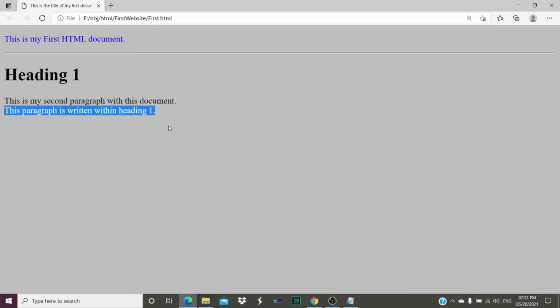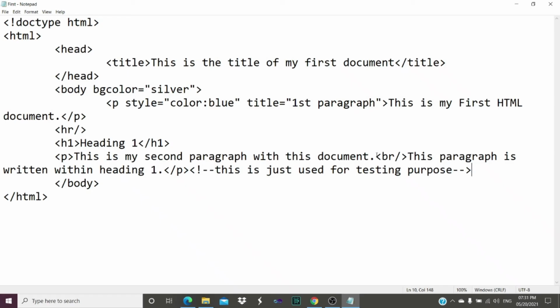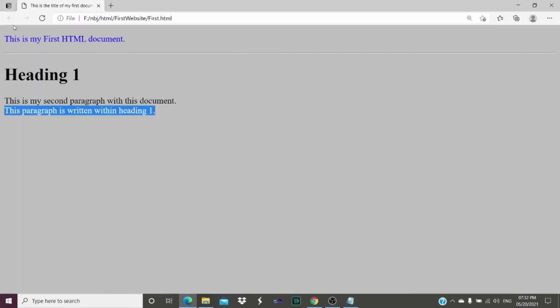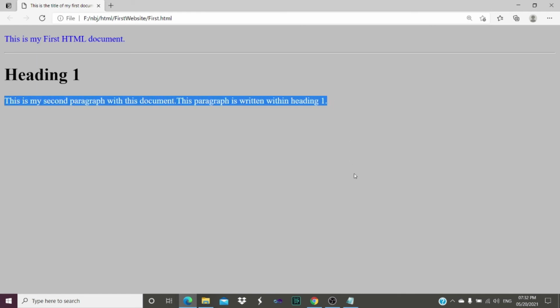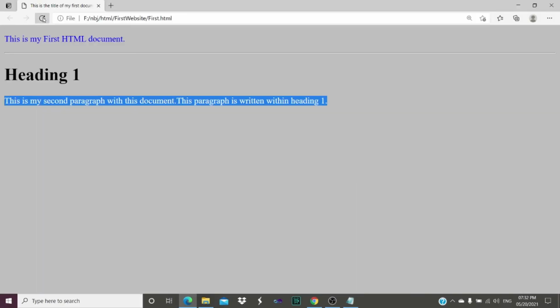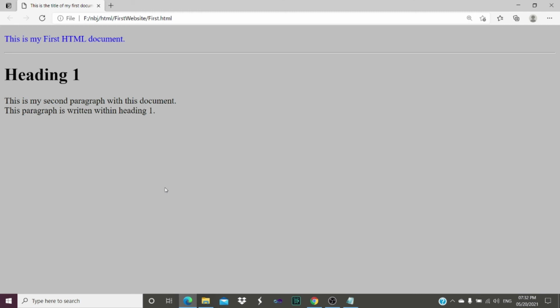Let's do one thing. Let's remove that br tag. So I have removed that br tag. I have saved this document, and now I will refresh this file. See, as I have removed that br tag from my code, now the whole statement is in the same line. We don't have any line breaks. So this is the significance of that br tag. So again, we will specify it over here, save it, and we will refresh the page. So here we go.